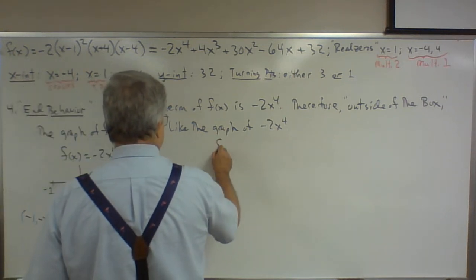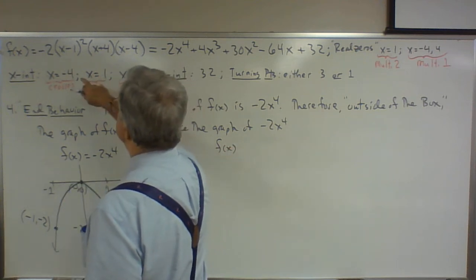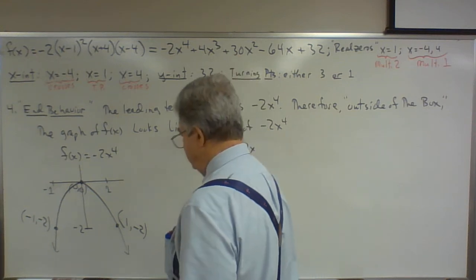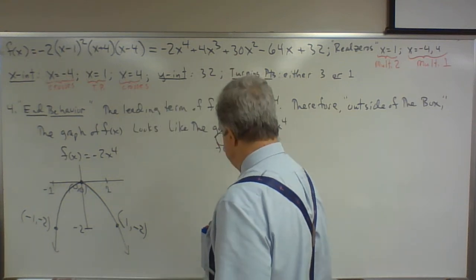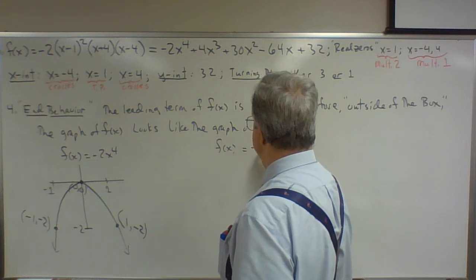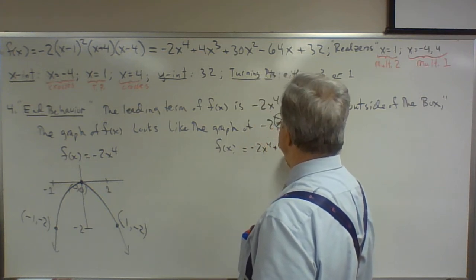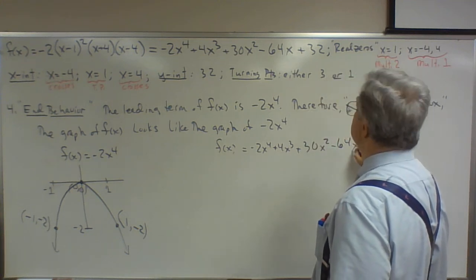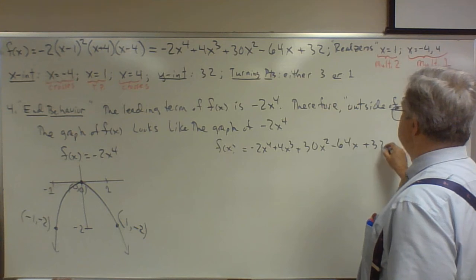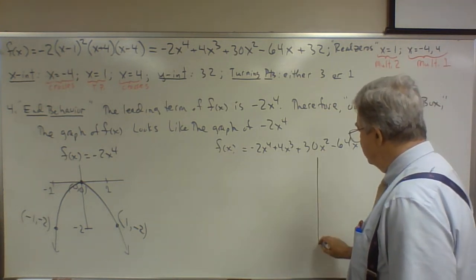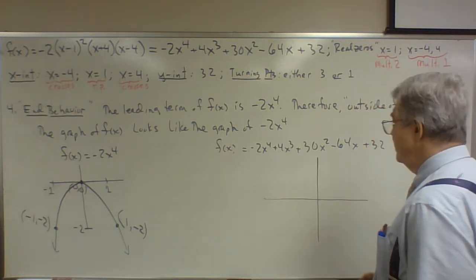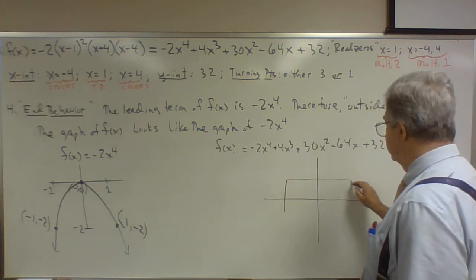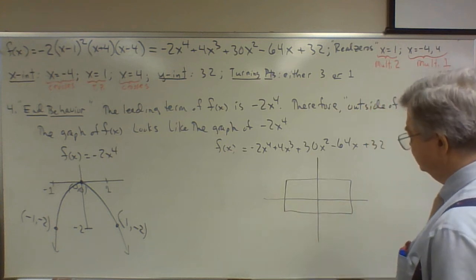And what that means for the graph of the function, f of x equals negative 2x to the fourth plus 4x cubed plus 30x squared minus 64x plus 32, is that if we encapsulate the intercepts and the turning points